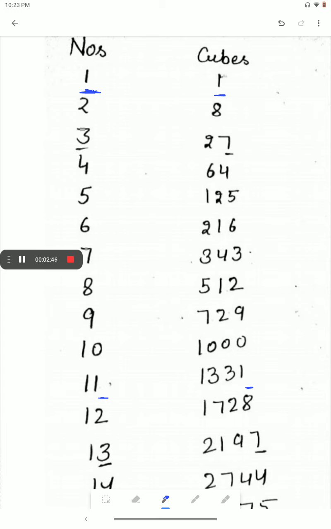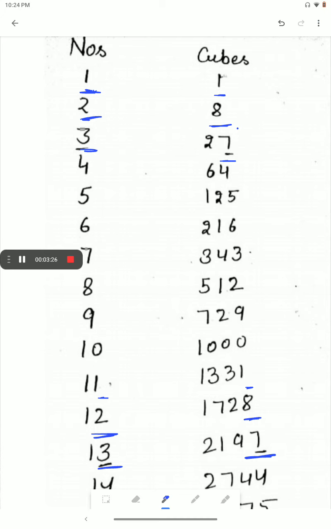Similarly, you can consider the example of 21. Its cube will also have 1 at its unit place. Similarly for 31, and whatever number you consider, if the number contains 1 at its unit place, its cube will always contain 1 at its unit place. Okay. Now second is 2. If the number is 2, then its cube will be 8. Now consider number 12. It has the same unit place digit as in the case of 2. Here also you will get 8. Similarly for 3, the cube is 27. 13 also has 7 at its unit place.